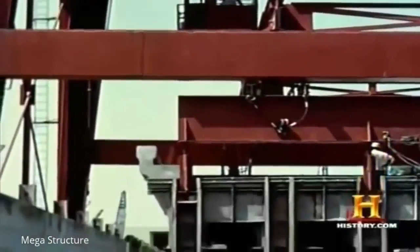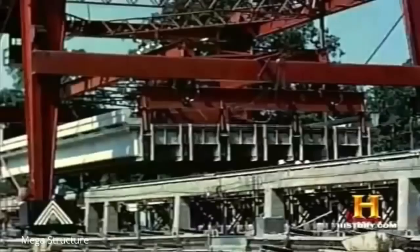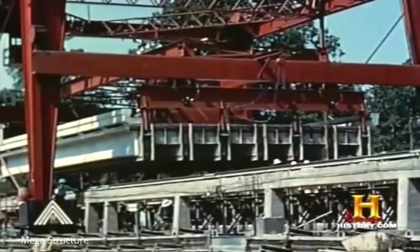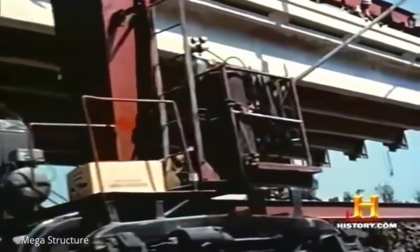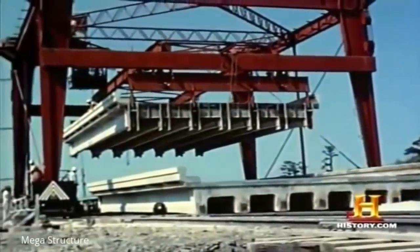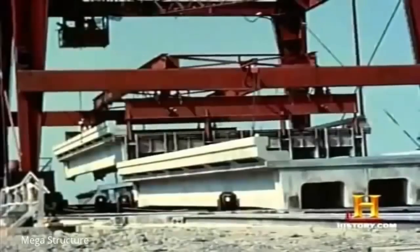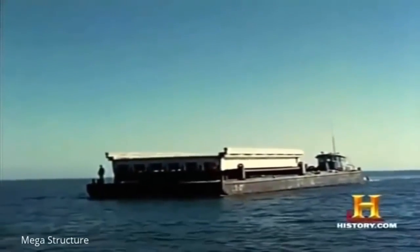Steam curing the concrete slabs sped up the time it took for the concrete to set up or dry. Slabs that would have taken about a month to cure could be done in about a week. Then the steel tendons would be cut, and the slabs moved to a storage area for additional curing. There, the slabs would sit for about 2 weeks until they were transported out onto the lake. Then you had a pre-stressed slab, and that's the way they were made, mass-produced, loaded on a barge, hauled out,